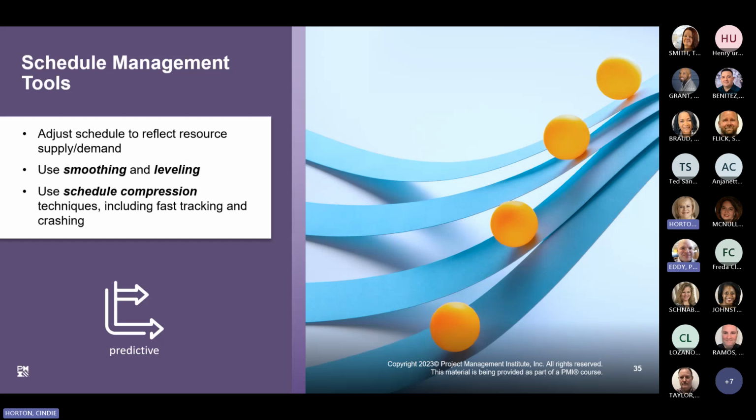The project manager may need to act on the schedule due to performance issues. I mean, we've probably all experienced that at some point, right? The schedule gets behind for some reason. So if so, three methods are typically used. These include 1, adjusting the schedule model, 2, using smoothing and leveling techniques, and 3, utilizing schedule compression techniques. Demand and supply of resources may necessitate a need to adjust the schedule model,